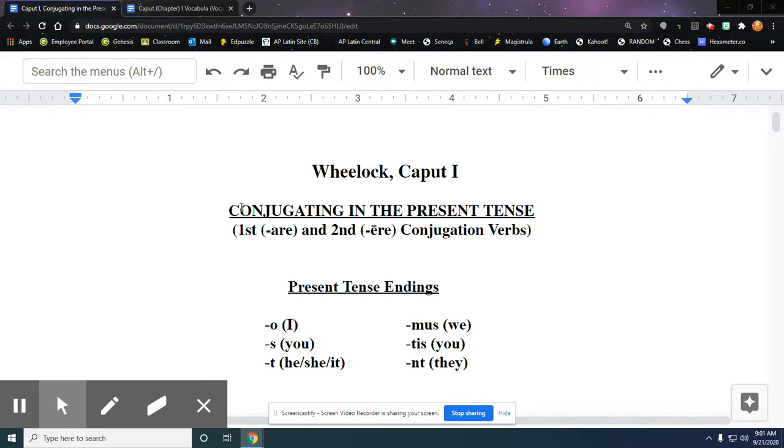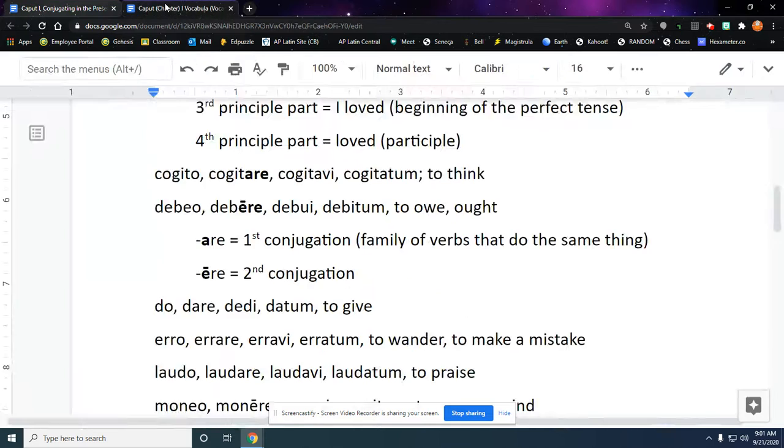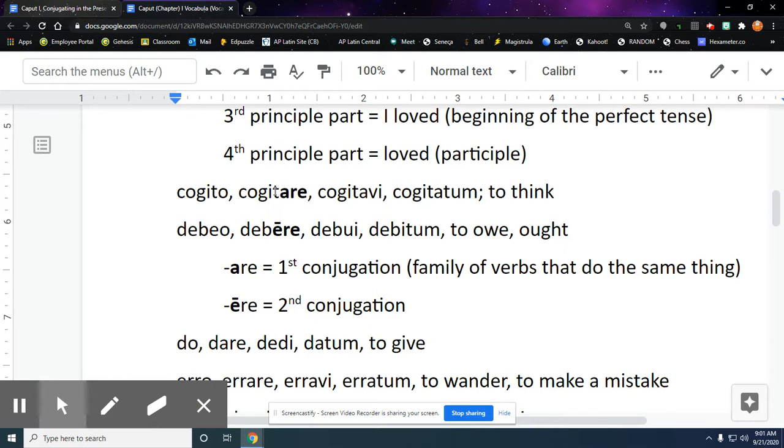Today, our objective is to conjugate a Latin verb in the present tense. We've already taken a look at some vocab words, so I'm just going to go over to that real quick, and just for the list from class,